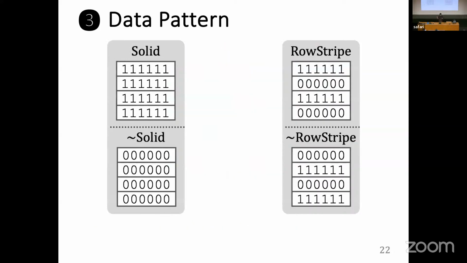And then they also investigated the data pattern in the aggressor and the victim and how they affect the errors. On the left, they tested some simple patterns. Solid means both the victim rows and the aggressor row have the same data. And then they also tested some alternating patterns. Here, we call them row stripe, which means the aggressor and the victim will have opposite data